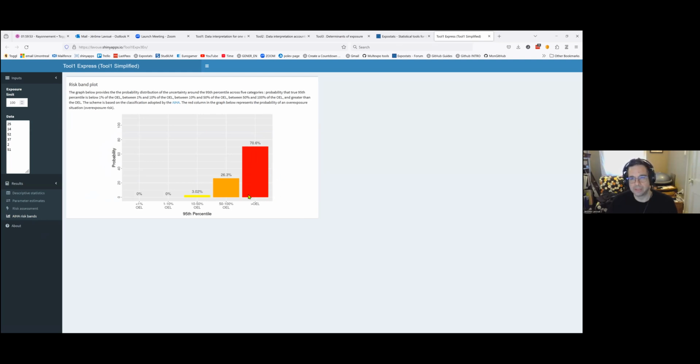Probability that the 95th percentile is above the OEL remains, of course, at 70%, but we have split the uncertainty distribution using the AIHA categories. So we know the rest of the uncertainty distribution of the 95th percentile, 26% corresponds to category 3 and 3% to category 2. And so this is what the simplified tool 1 provides you